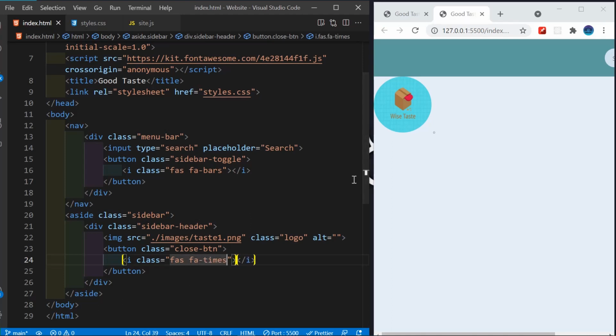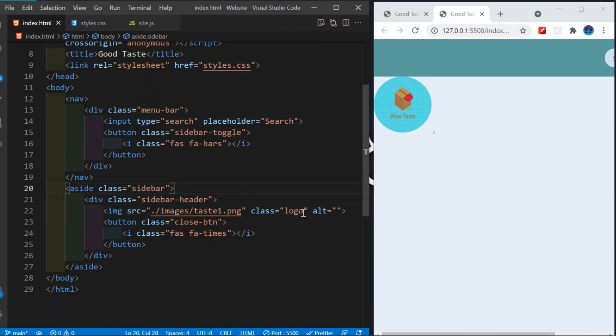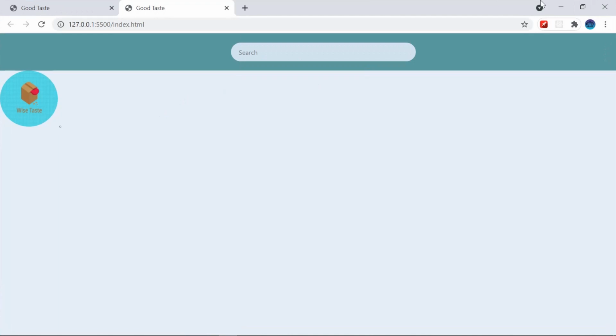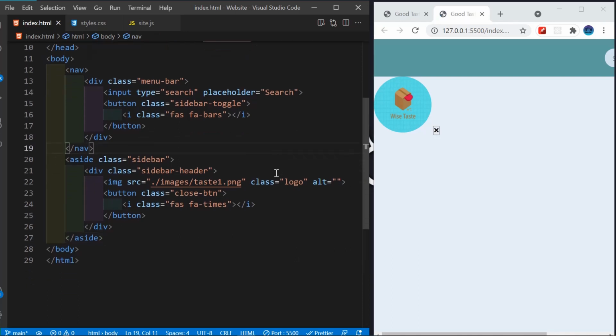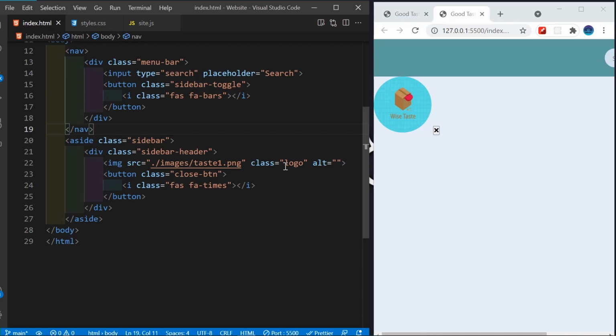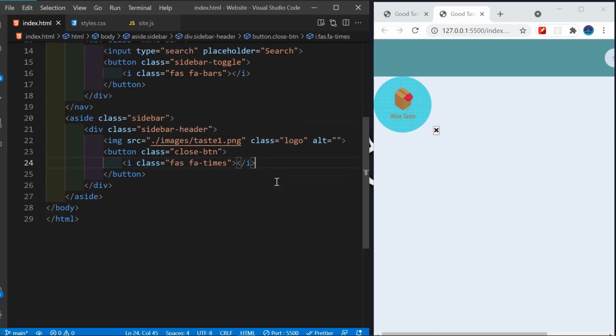Let's save that. Okay, let's save that, and let's see what we have. So that's the icon. And then now that we have the cross icon,